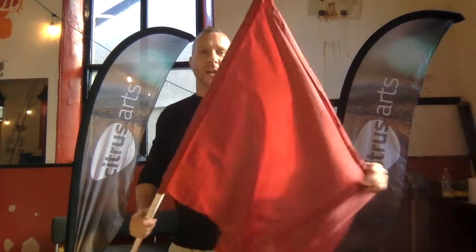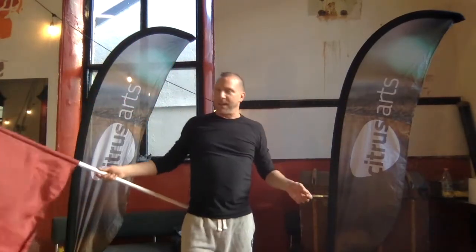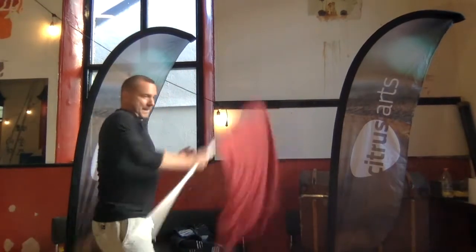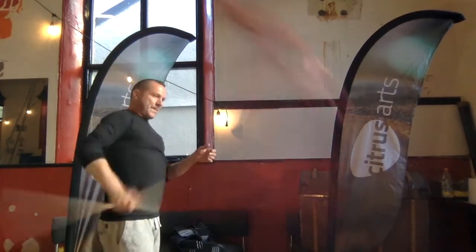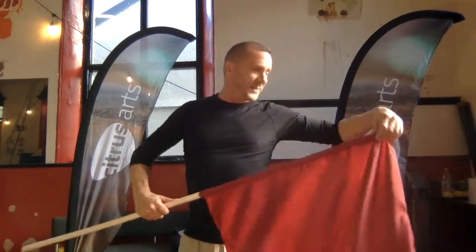Hello again. As you will have seen from the demonstration there, a lot of the vocabulary and repertoire that we use for our flag spinning is very similar to the staff spinning repertoire that you would have seen in the other video. The thing that you wouldn't have heard because of the soundtrack just then is the fantastic noise that these flags make. We always use synthetic material, like polyester, quite shiny polyester, and it makes a noise like this. Also, it doesn't need to be as urgent or as percussive as that. It can make this beautiful